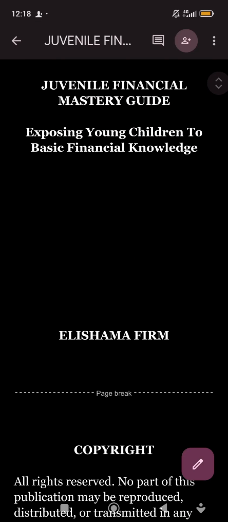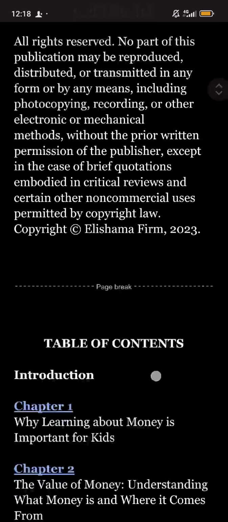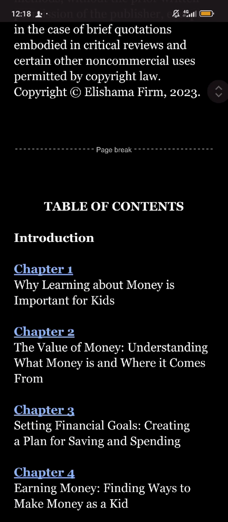Let me come up again. The title, the subtitle if you have any, the name of the author. You see how my own is arranged? Copyright. Ensure your name is here, and the year of publication. Then I will still show you how to do this page break. You are seeing all these page breaks. I will still show you how it's done.